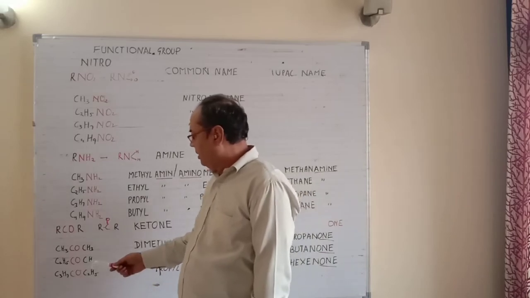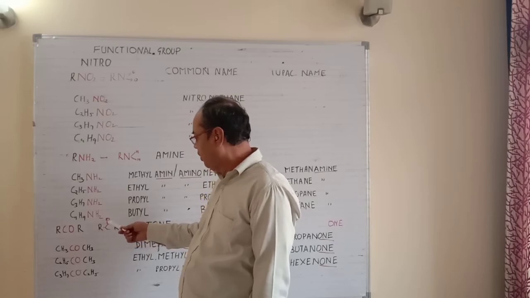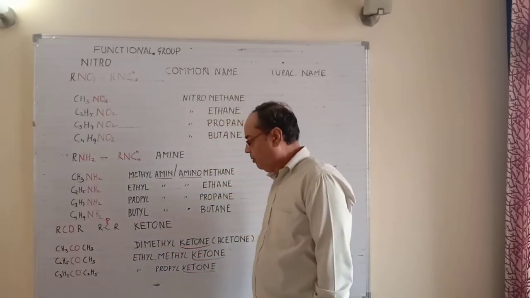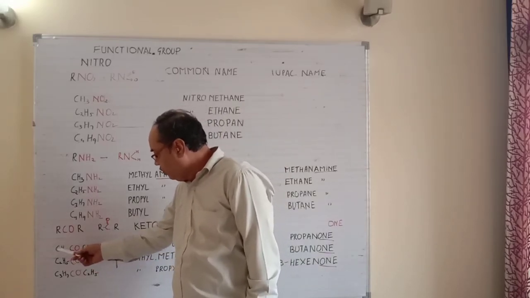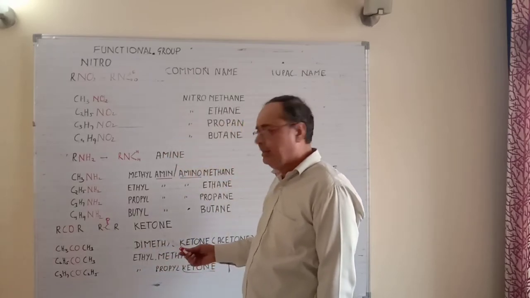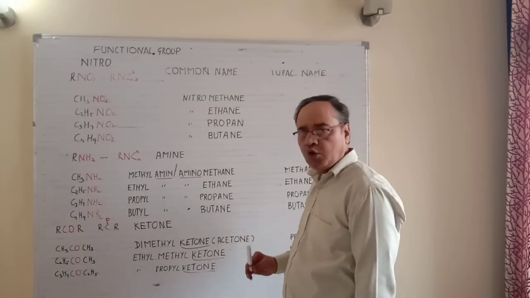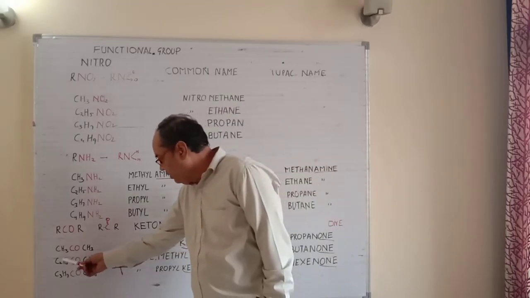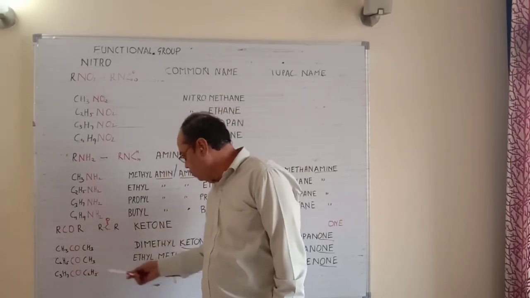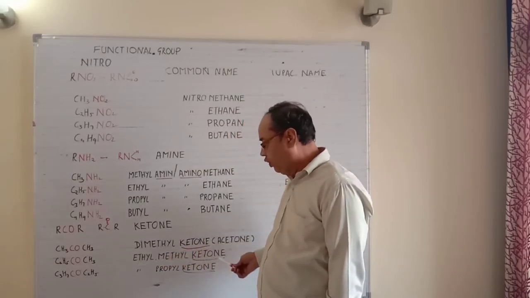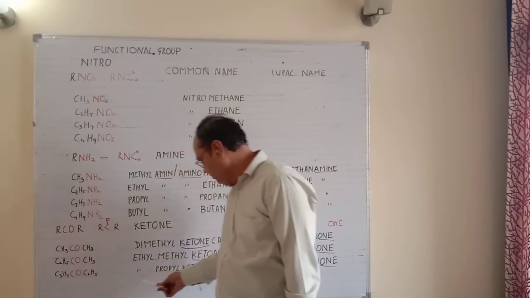And the last member is ketone, RCOR, structure is R–C double bond O–R, group is ketone. So CO is your identification for the ketone group. If there are two same R groups, then write di. So this is dimethyl ketone. It has one more name, that is called acetone. Same way, if there are two different groups, then write alphabetically as we have done previously. So ethyl and methyl, so alphabetically ethyl methyl ketone. Same way, this is a propyl group and this is an ethyl group. So it is ethyl methyl propyl ketone.